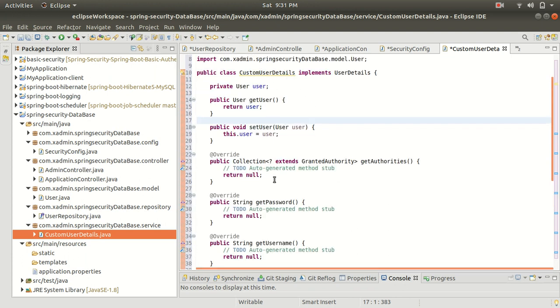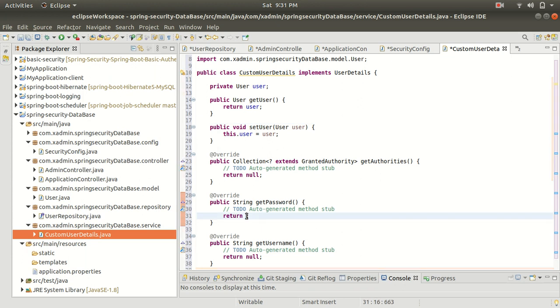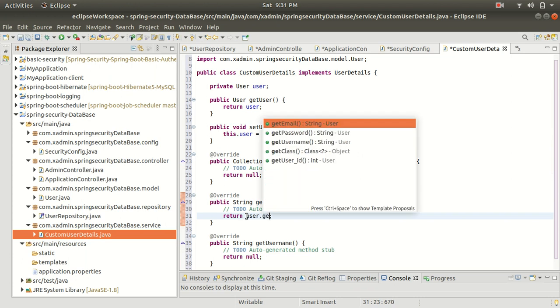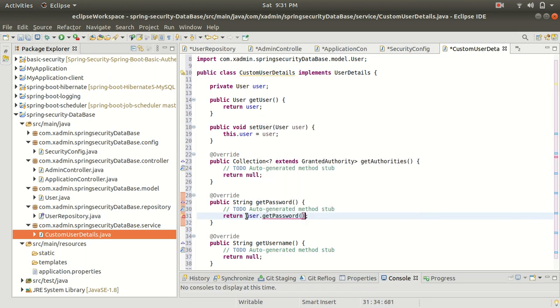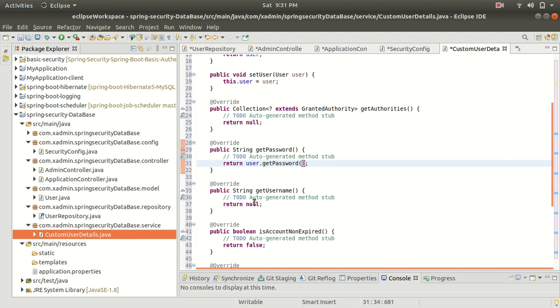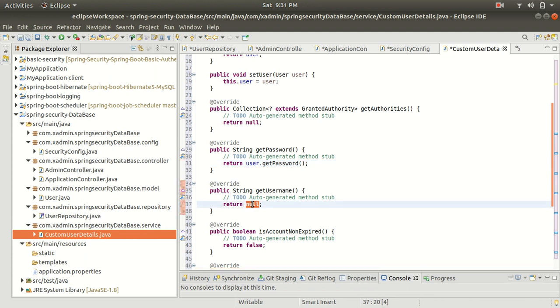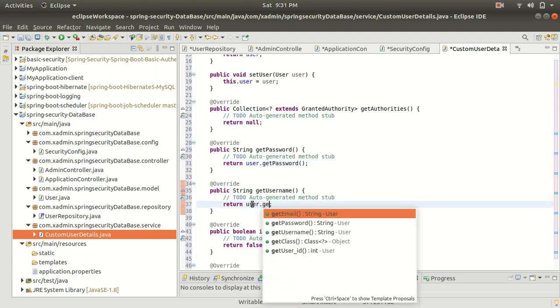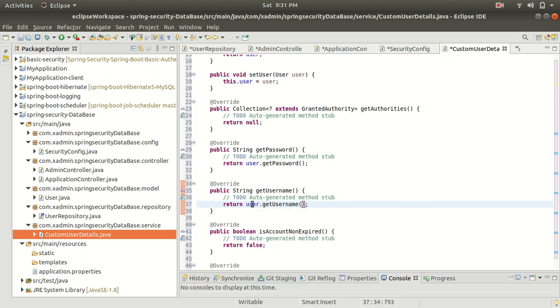All right, so here you can see that we have a method like getAuthorities. And we have getPassword, so we have to pass the password here: user.getPassword. And we have getUsername, so return user.getUsername. All right, isAccountNonExpired, let me mark this as true.